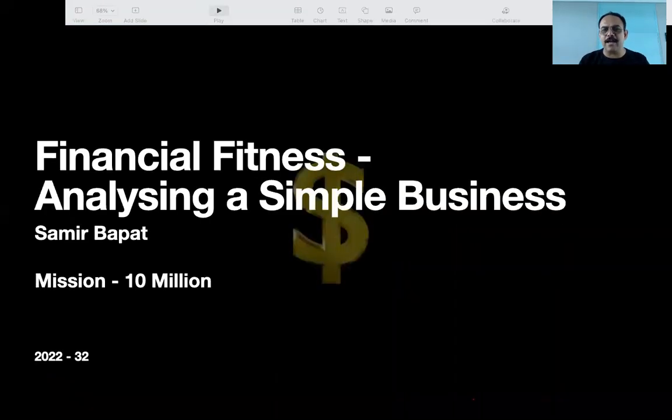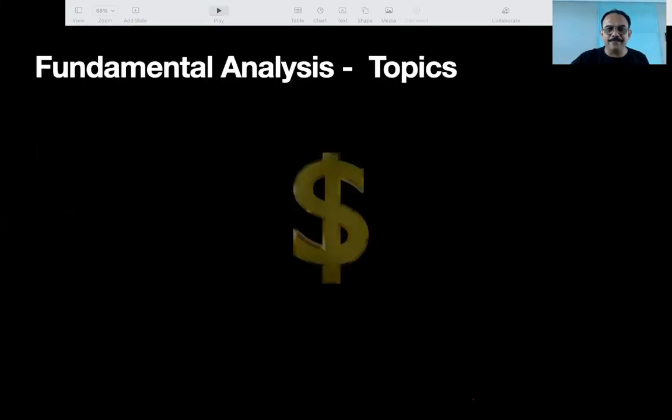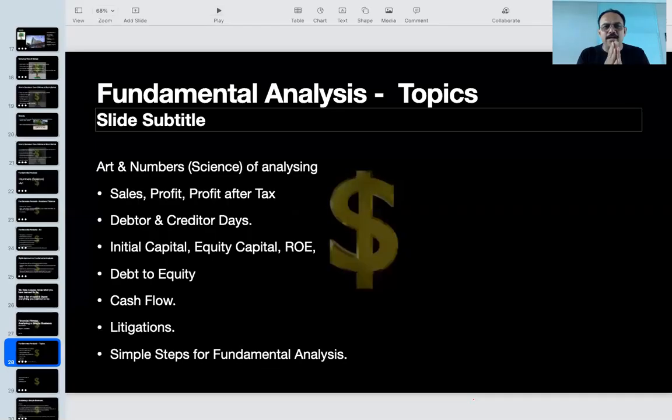So let's deep dive further on fundamental analysis. Are you ready? How many of you are ready to learn fundamental analysis? How to find great stocks? How to find fantastic stocks to invest into? Yes? Okay, great. Now, before we go into fundamental analysis, let me just present to you what is our challenge,